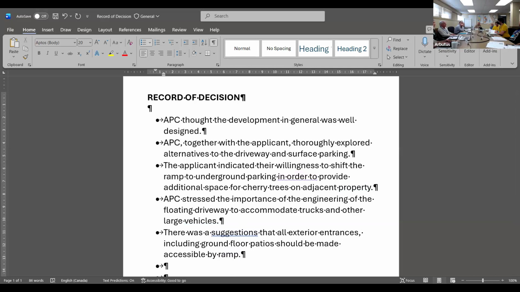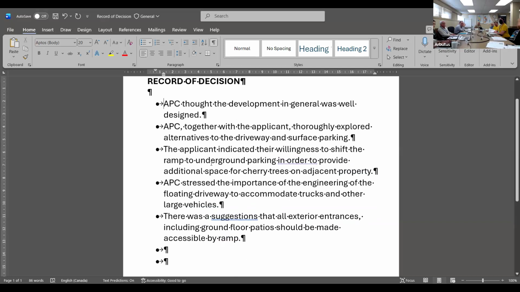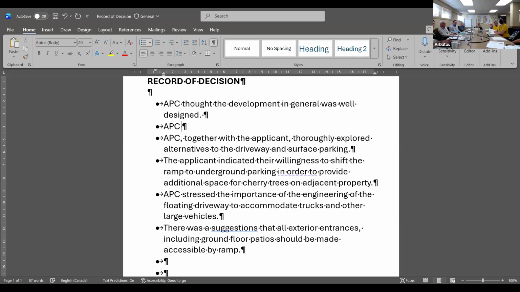Yeah, I'll get to it in a second. Where the APC thought that the development in general was well designed, I think we should also add that APC supported the additional tree planting and canopy vision as part of this development. Actually, Ruth, I'm going to wordsmith that one. Can you make APC supported a separate bullet? Because I want to throw something after design.